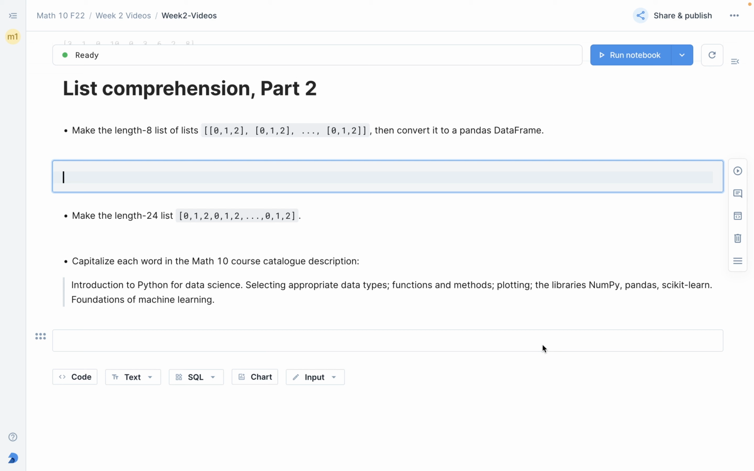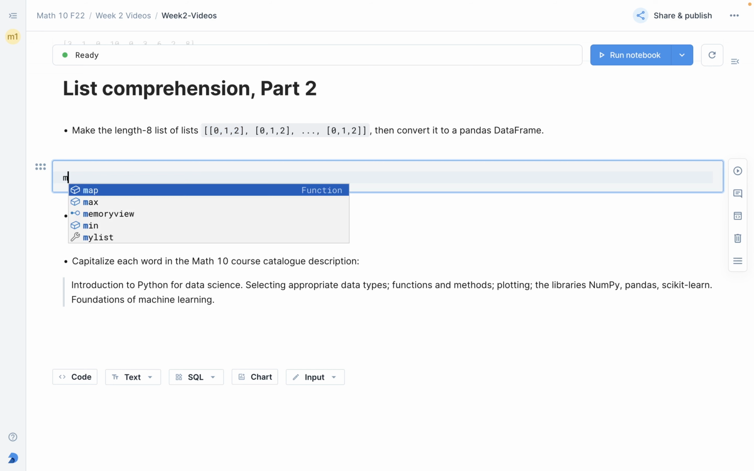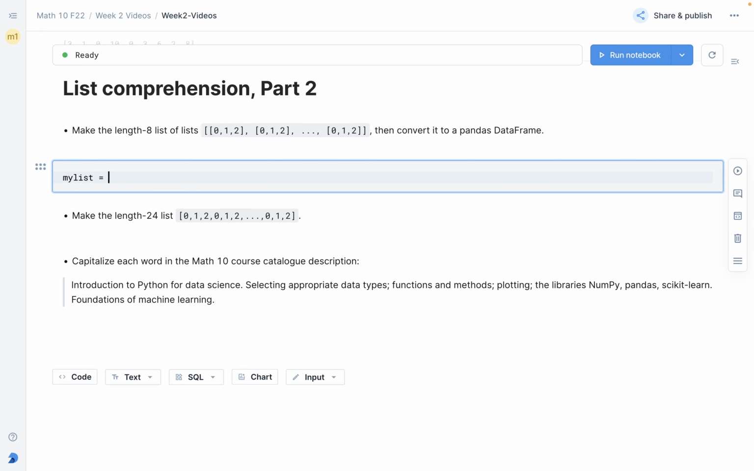Let's see a few more examples of list comprehension. So this one is surprisingly easy. We want to put this little inside list, 0, 1, 2. We want to put 8 copies of that into an outside list. So let me just keep calling these my list. And then we're going to say put 0, 1, 2, the thing I want to go into the list, for